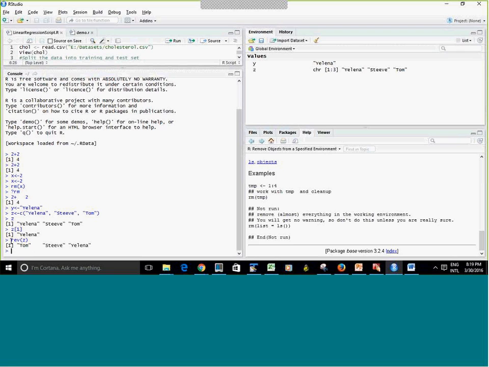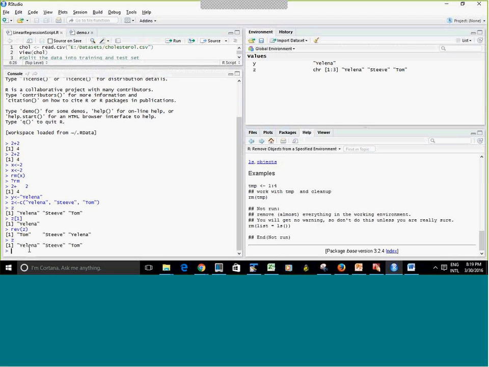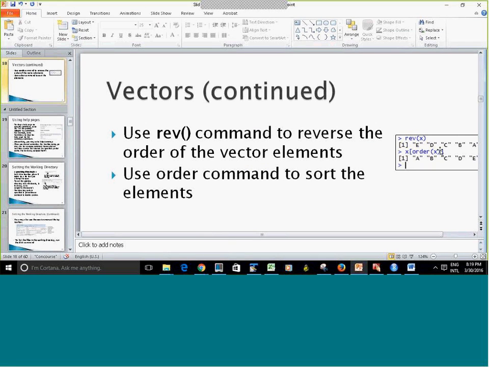But here, notice that I printed the output to the screen, but my variable z is not changed because I did not use an assignment operator. So this is important, right? I did not use an assignment operator, so my variable is not changed. And here you've got the sorting, and